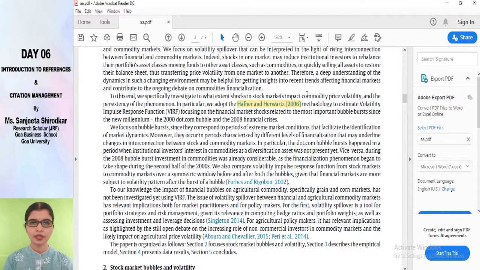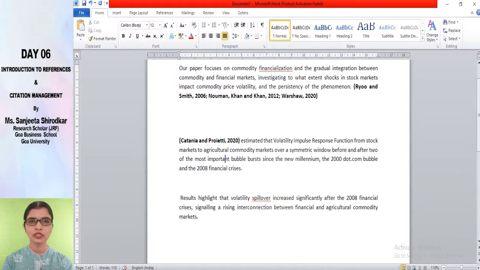Just highlight it. Here you will see the names of the authors, in whatever order their surnames should appear, and then the years are in brackets. This is the way, and how it has been given to us in Mendeley is that the bracket is there, the names of the authors, however their surnames, then there is a comma, and then there is 2020, that is the year.